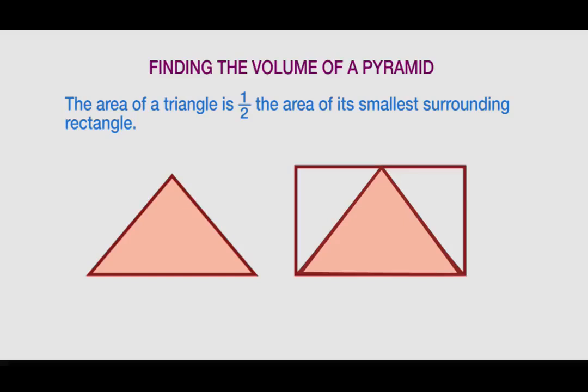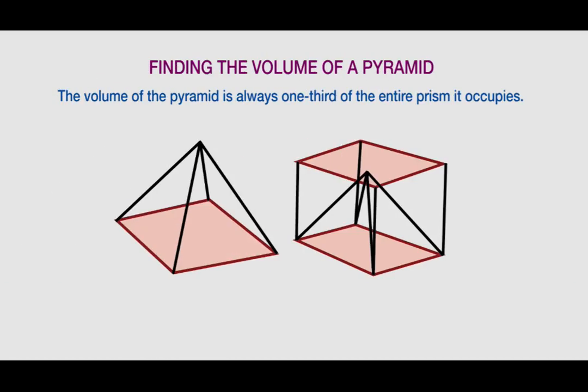As we have already said, we are going to look at how to find the volume of a pyramid. We know that the area of a triangle is half the area of its smallest surrounding rectangle. We have discussed this earlier. In the same way, the volume of a pyramid is always 1/3 of the entire prism it occupies. So you look at this prism and the pyramid. If the pyramid is made from the prism, then the volume of the pyramid is 1/3 of the volume of